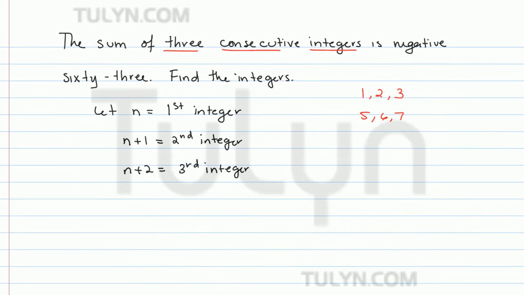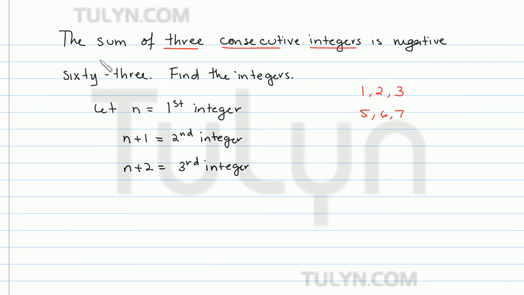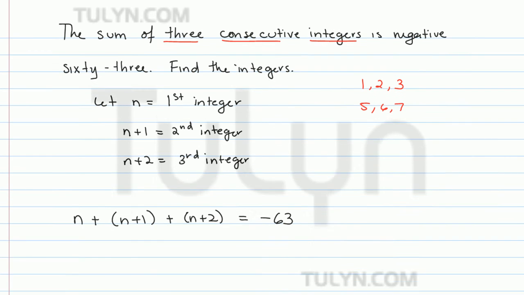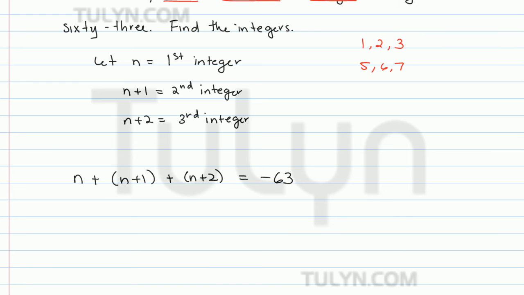So now we've labeled our variables, and now we have to come up with an equation. Interpreting this problem, it says the sum of three consecutive integers, so n plus n plus 1 plus n plus 2, right, adding them all up, is negative 63. So now we want to find the integers. Combining like terms on the left side of the equation, we have 3n plus 3, and that's equal